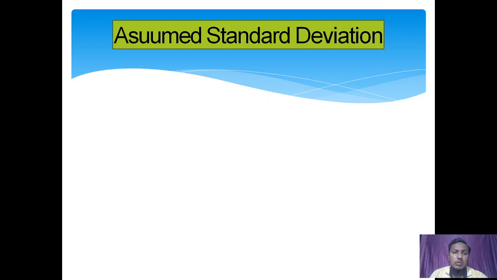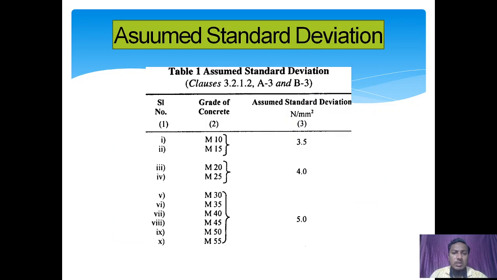So you may assume the standard deviation from the IS code, IS 456 2000. Here you are seeing the various grades of concrete, starting from M10 to M55, and standard deviations. So you have to use standard deviations from this table. You may select as from this table.